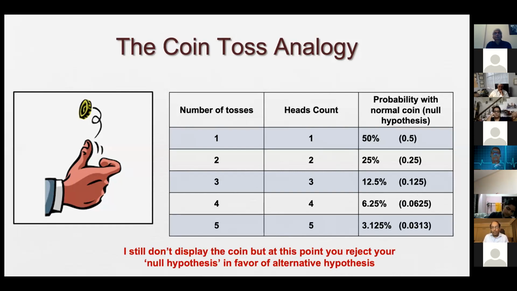And at some point of time, whatever threshold we set conventionally for the last 1 century, the threshold had been set at 0.05. We will discuss a lot about that, as to what is so special about this threshold and why shouldn't we discard it. But that's a separate discussion. But conventionally, we hold that threshold in mind. And when we find that the data is quite extreme and the probability of that data being so extreme with the null hypothesis is less than 0.05, or 5%, then we reject the null hypothesis in favor of